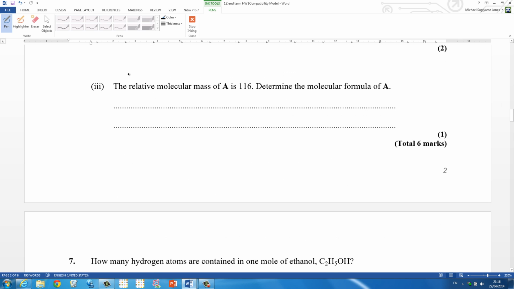Okay, part 3. The relative molecular mass of A is 116. Determine the molecular formula of A. So basically, we know that the empirical formula is C3NH8, and if you add those up, you get the